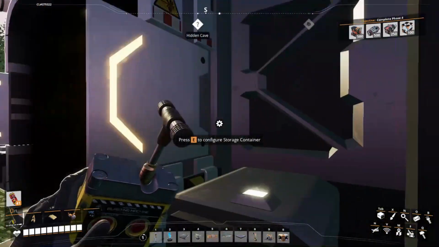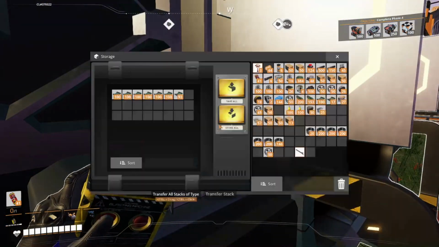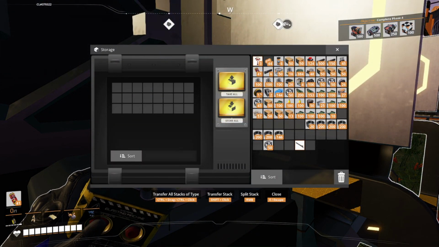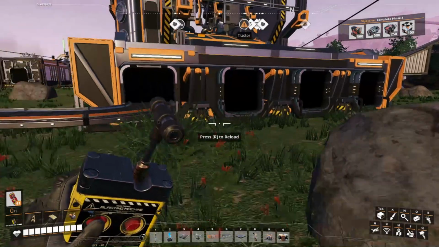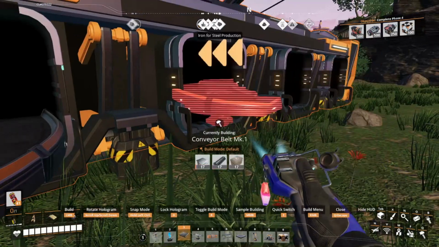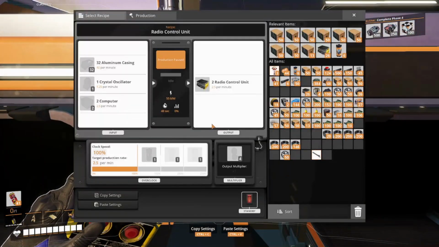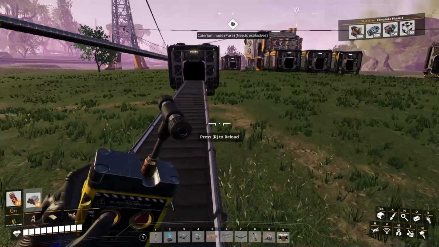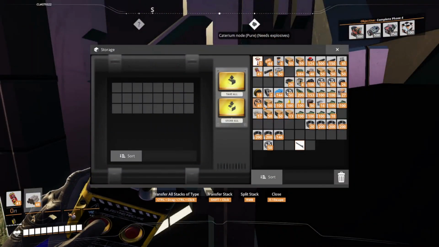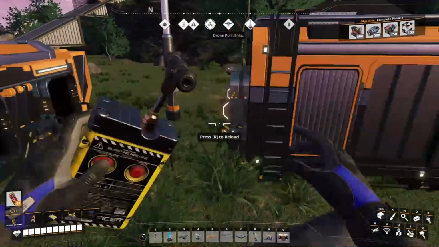So let me see, which of these has the least in it? Okay, I'll put the oscillators here. I got 316 of them. Just double checking. And we'll need computers. And aluminum casings, which...